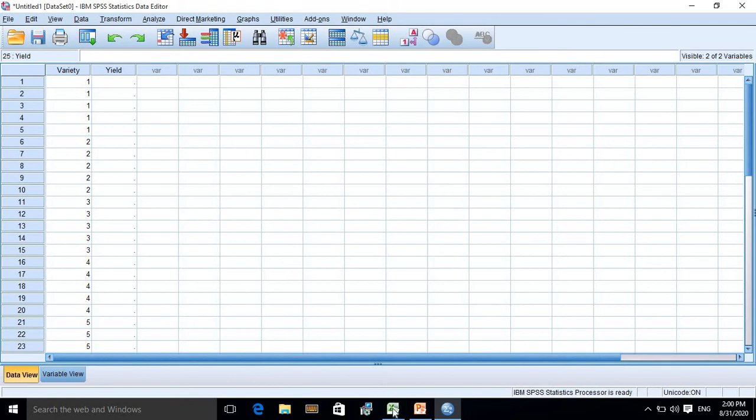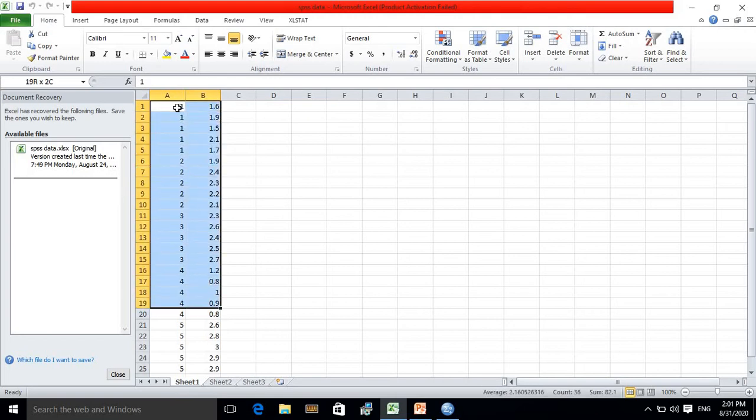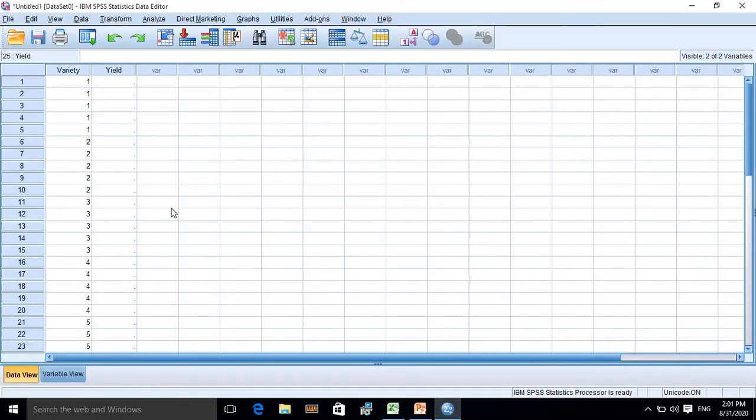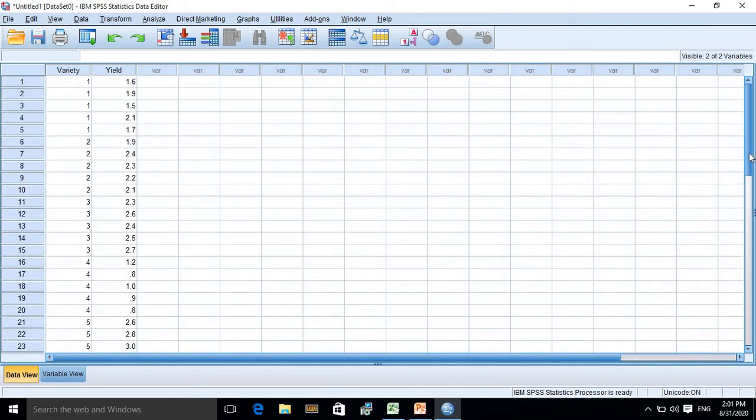For my ease, I have entered them in an Excel sheet. Then I am going to copy and paste them into SPSS. Okay, this is how we enter the data into SPSS.